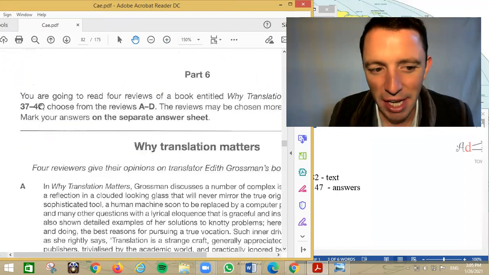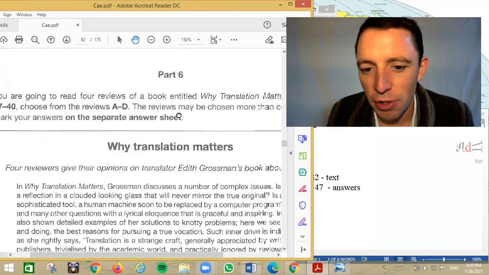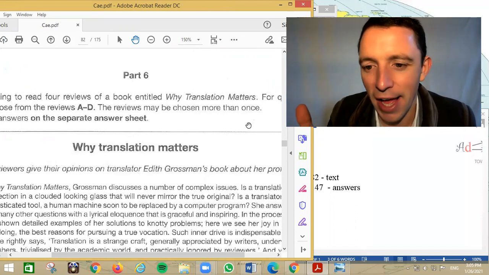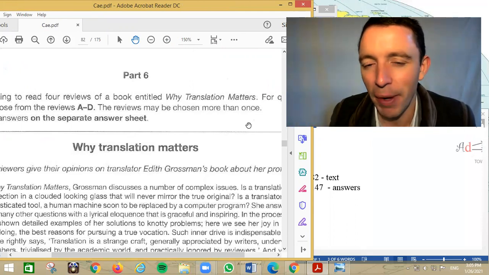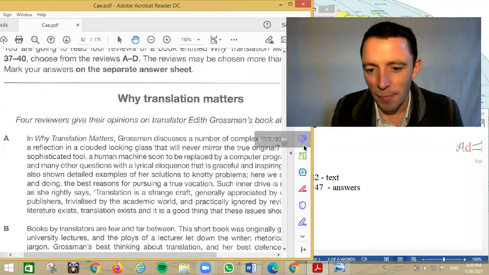So for questions 37 to 40, choose from the reviews A to D. The reviews may be chosen more than once, and that's the key, okay? So the answer may be chosen more than once if you want. For example, 37A, 38A if you want. So there are 2 possibilities, or more if necessary, depending on the answer, okay? So you can see it's a little difficult, it's the advanced level, and